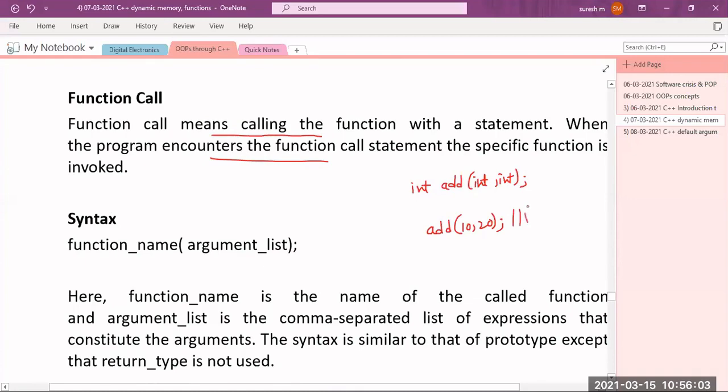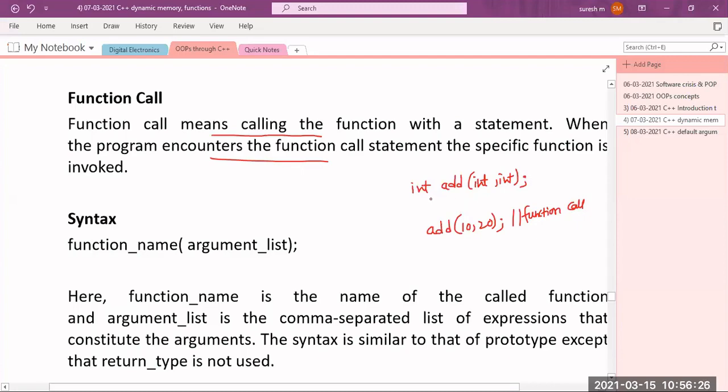Okay, this is called function call, and this is called function declaration. I am declaring the function, but let me explain the structure. It returns an integer value, the name of the function is add, and it will take 2 parameters of int and int. The first parameter is also integer, the second is also integer. That is the advantage of function prototype, which is used to specify the structure of the function.